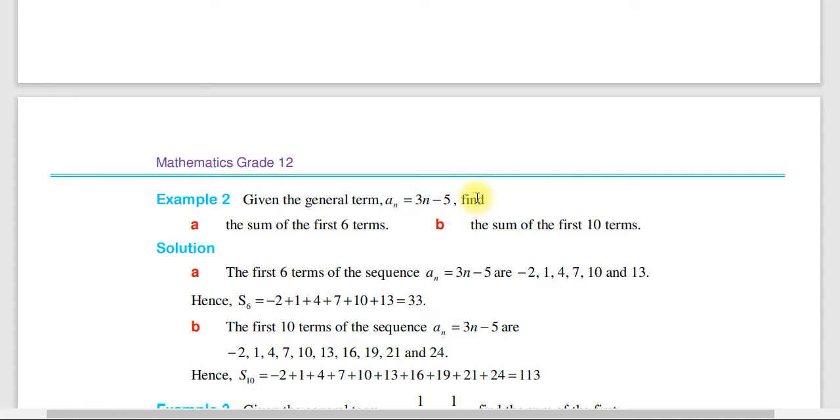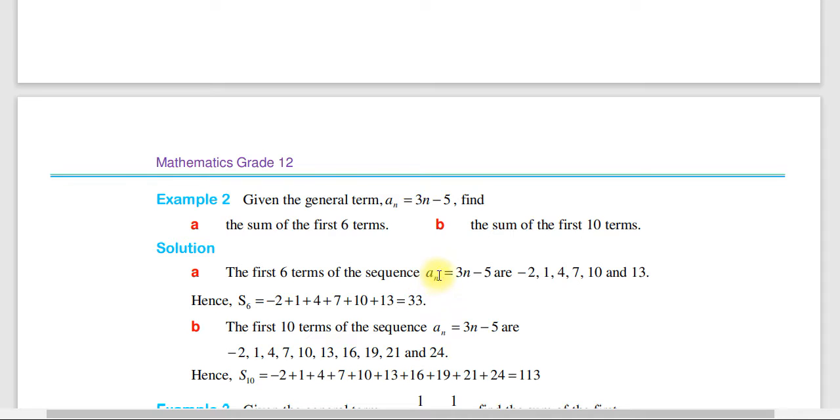ሌላኛ ምሳሌ given the general term an which is equal to 3n minus 5 then find the sum of the first 6 terms and the sum of the first 10 terms. አሁን የመጀመሪያ አስሮችን ተርም ድምርና የመጀመሪያ የስድስቶችን ተርም ድምር ፈልጉ ነው የሚለው። ይሄን ፎርሙላ ተጠቅመን ስለዚህ the first 6 terms of the sequence